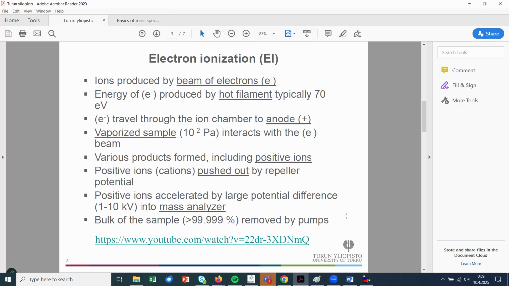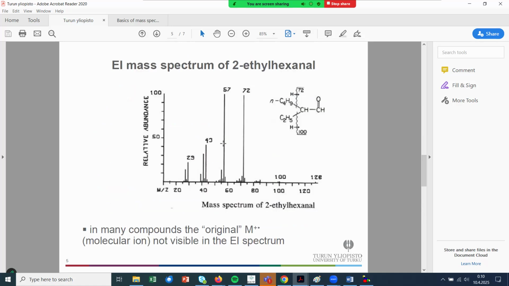But in some cases this is quite useful, that we have this kind of fragmentation. The reason is that when we use this energy level of 70 electron volts, each type of compound has its unique fragment profile, a unique type of mass spectrum with its fragments. Let's say here, for example, we have this